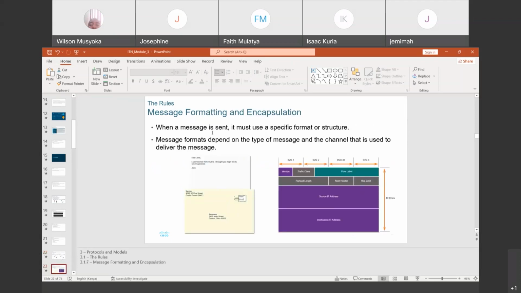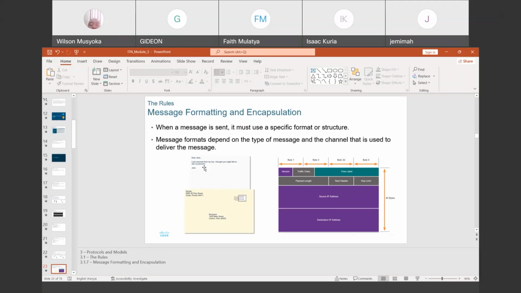So when we are talking about message formatting and encapsulation, we are saying that when it is being sent, it has to be in a specific format or structure. The message formats depend on the type of message and the channel that is used to deliver the message. In normal human communication, for example, we are talking about a letter. The letter has to go to the post office, and then it is transported to the destination post office.